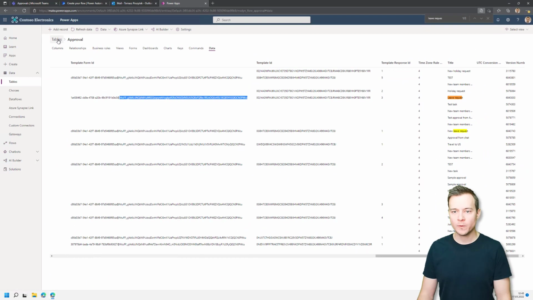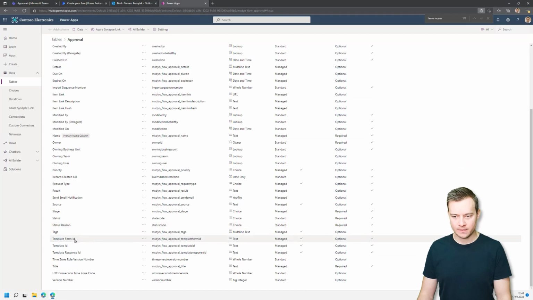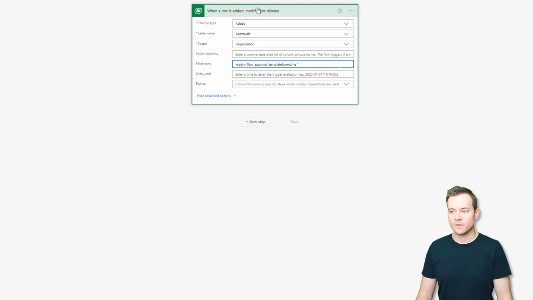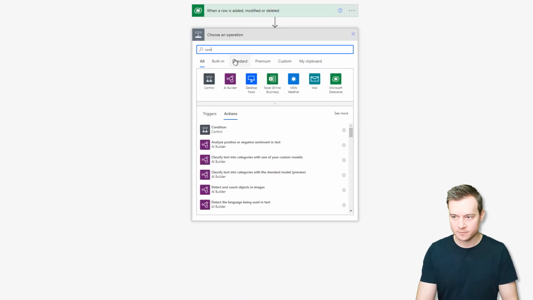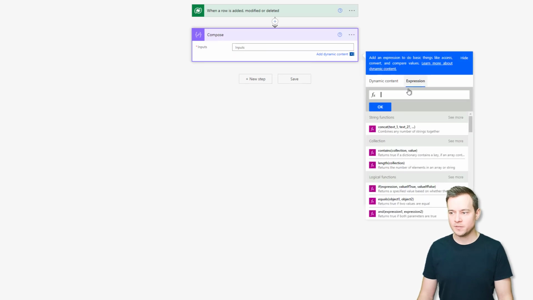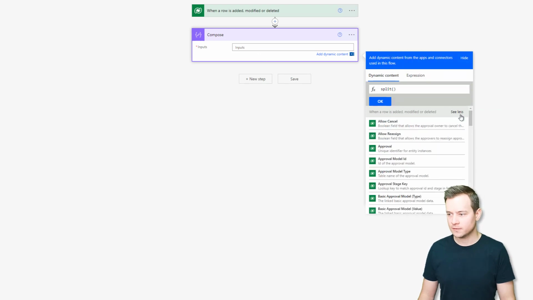But for example, only when the template form ID, so this column here, is not equal, it's not empty, right? So that would be the first step. And then the second step, let's use compose. And compose would be used to split the template